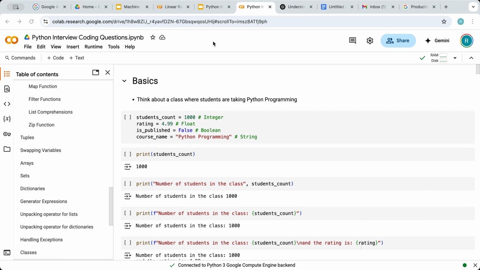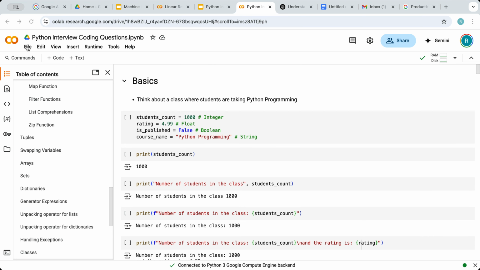So you can write Python code in many compilers, for example, Visual Studio or Jupyter Notebook, and Google has its own version which is called Colab. It comes free of cost. You don't have to pay any money. Once you search for Colab, the first result is Welcome to Colab. You click on this one, and here,